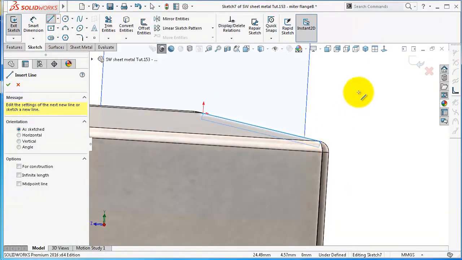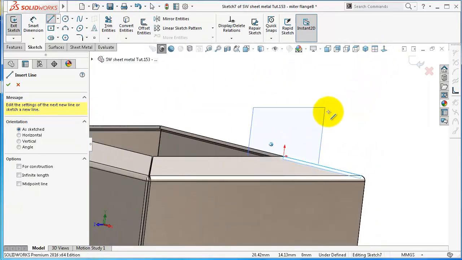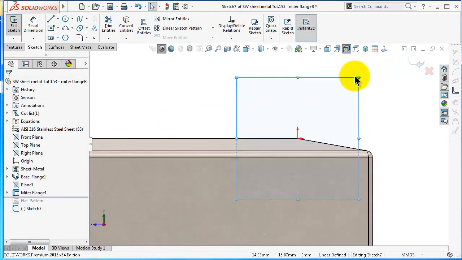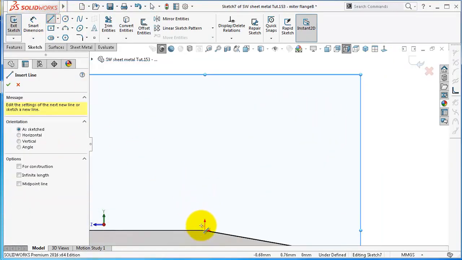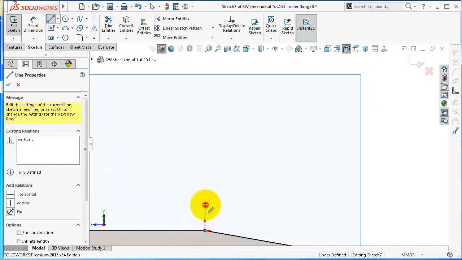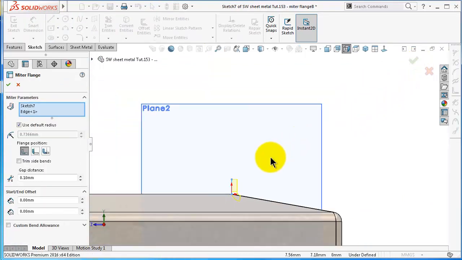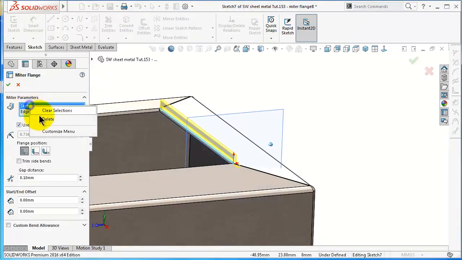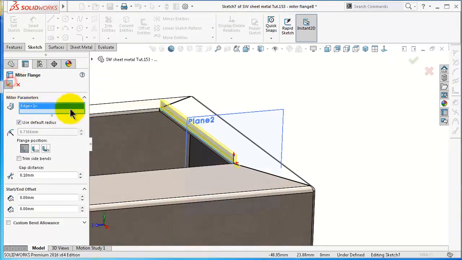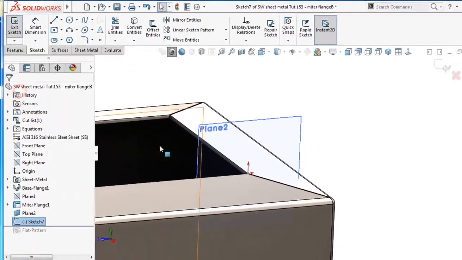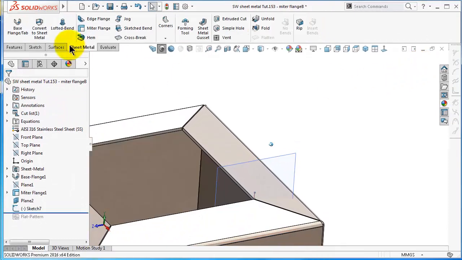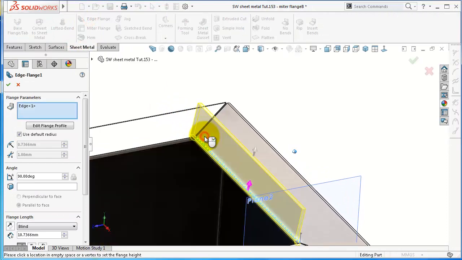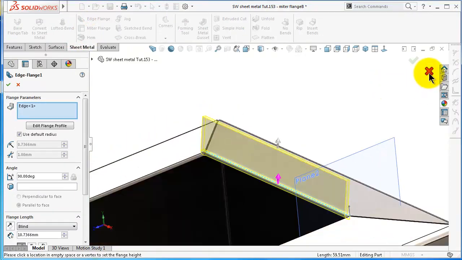So let's make a line, select this plane, and make a line, exit. You will see when you click OK, there is an error that it couldn't work. Exit that sketch and you can make it with an edge flange, but we will see how to make it again with the miter flange,